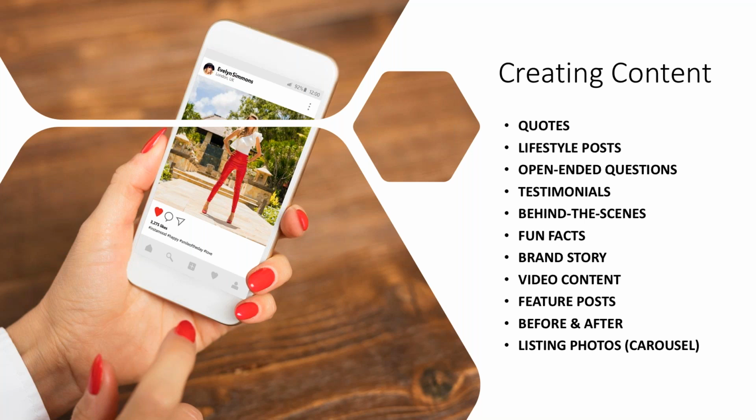Video content, definitely. People don't share as much on video on Instagram as they used to, but it doesn't mean you can't. You could really use video to share a lot more than just about yourself. Whether you put images together or you're creating video, that's great high value content. People are going to want to see that. And this is an awesome platform for you to do so. So video content is big.